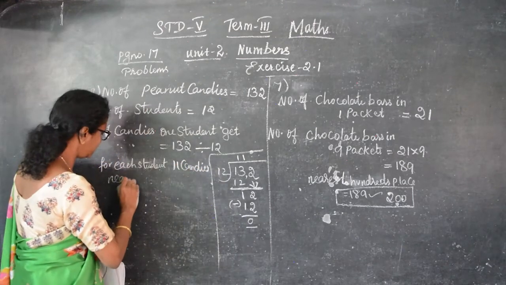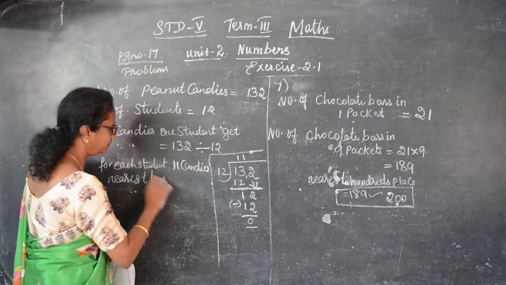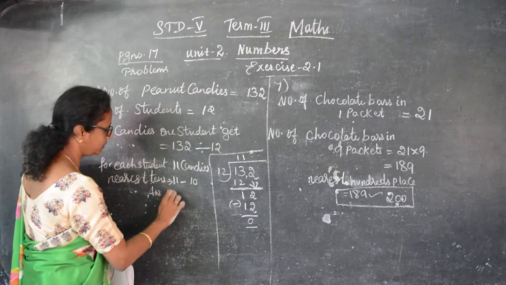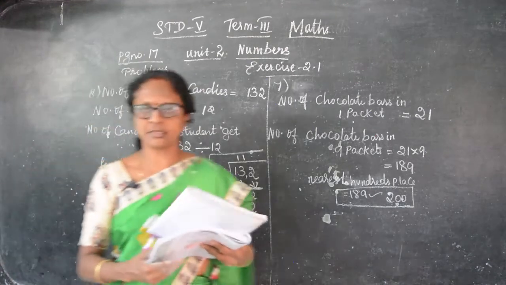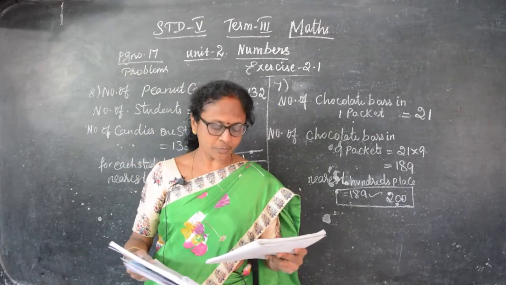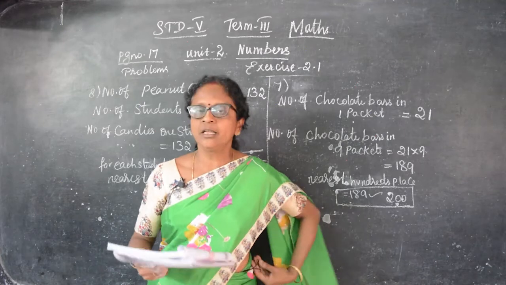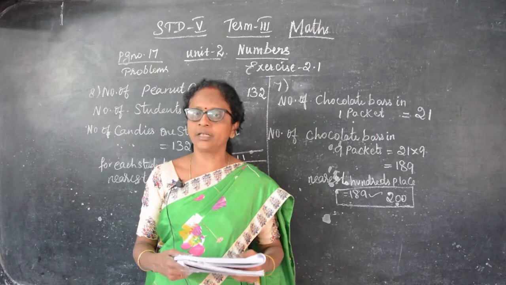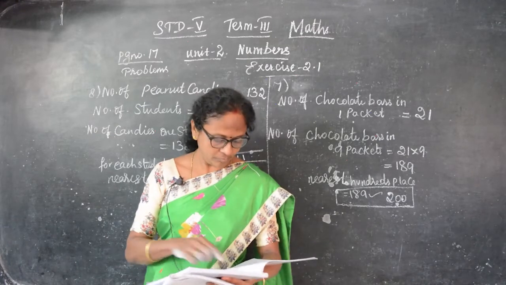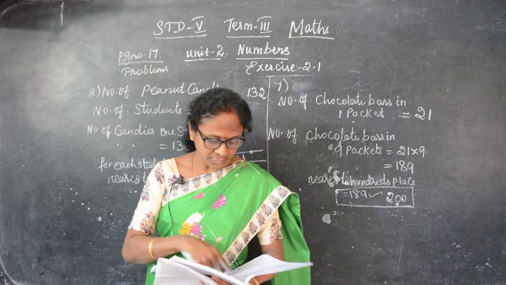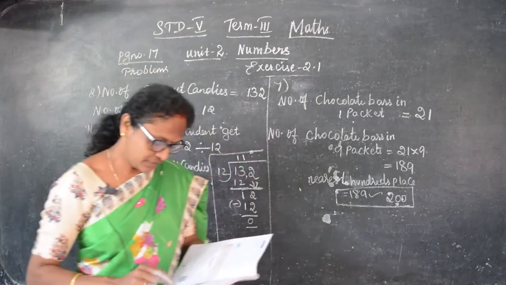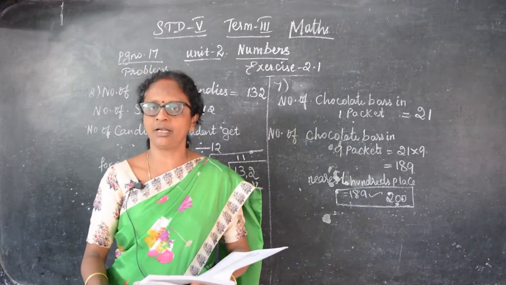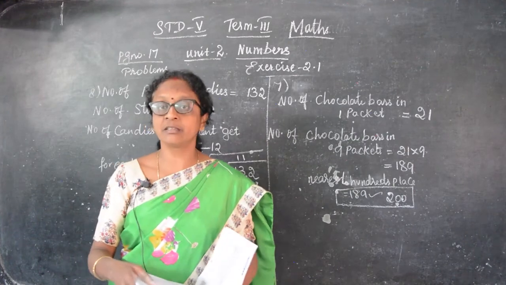So when it comes to nearest tens, you have to write 11 is, that is 10. Nearest to 10 is 10. So answer is 10. Okay. So that's also done. These are the 8 problems. So go through these problems. Whichever they ask you to do, subtract or add or multiply, whatever they are asking, you have to do it properly. If it is divide, you have to divide. If it is minus, you have to minus. So if they ask the difference, you have to subtract the estimated value from the actual value. Okay, that's also that. We will see in the next class. Thank you.